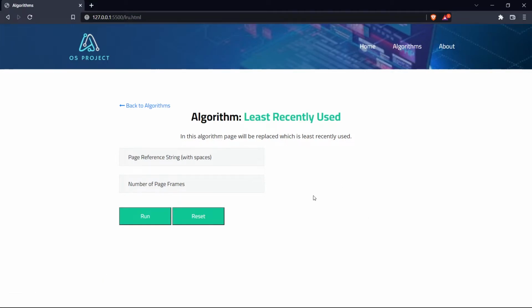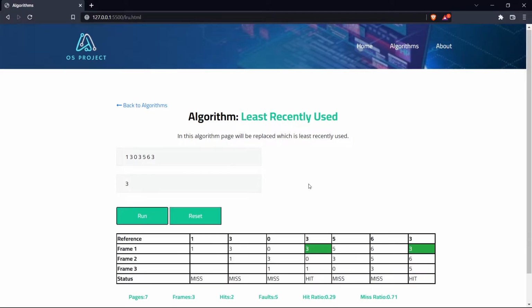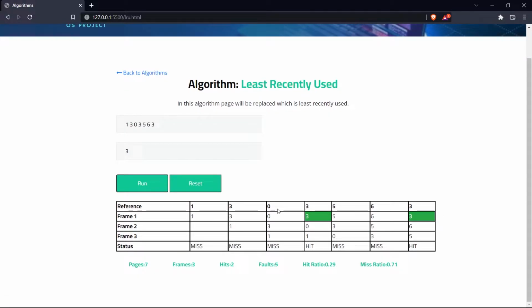This is the simulations page where the user can enter the page reference string and the number of page frames that they would like. Let's use the string 1, 3, 0, 3, 5, 6, 3 alongside 3 page frames. When we run it, we see 1, 3, and 0 are added as page faults as they did not exist